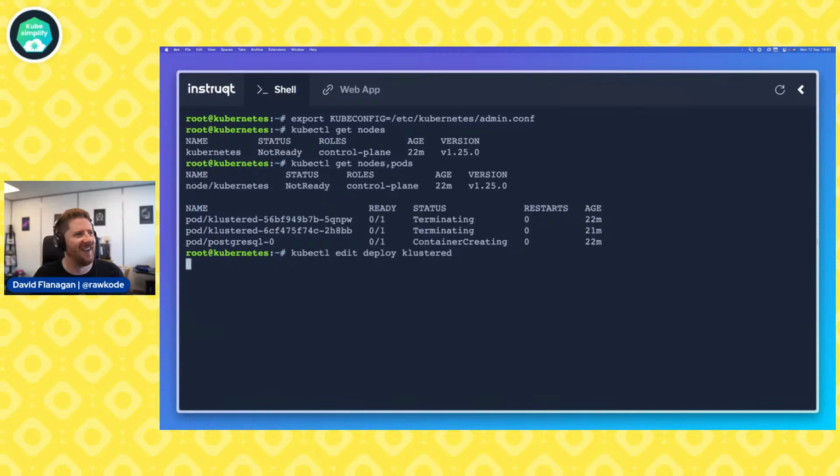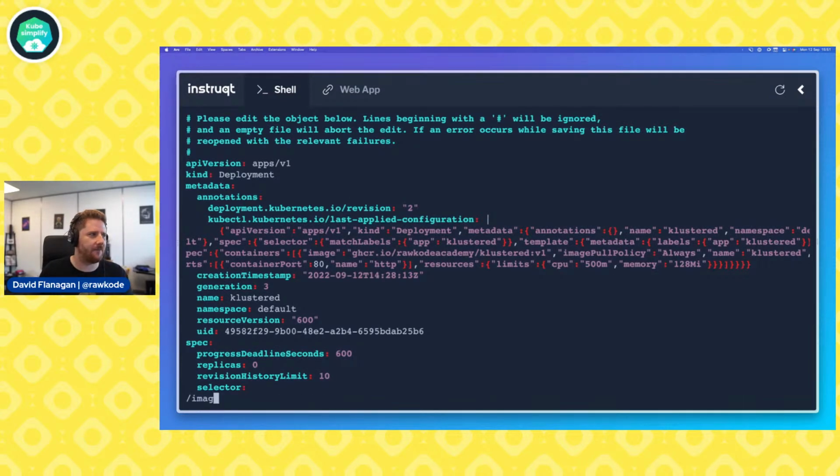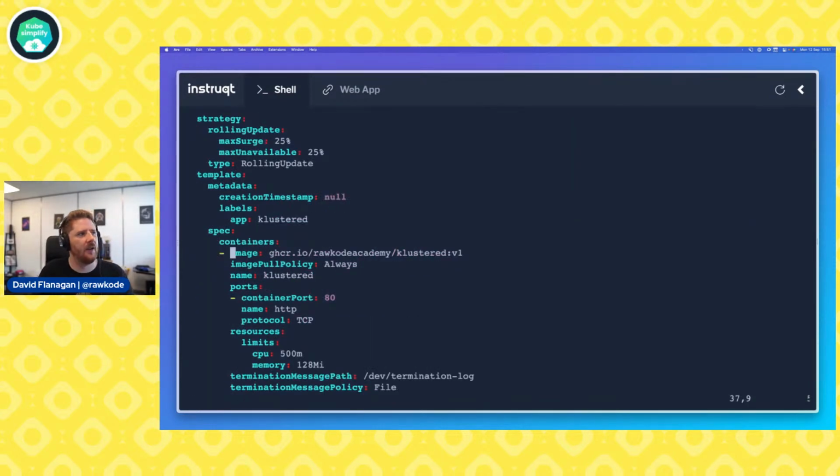Simple, right? And if we search for image, we'll see here that our image on a clustered application is GitHub Container Registry, ghcr.io/rawcodeacademy/clustered:v1. Your mission is to change this to v2.